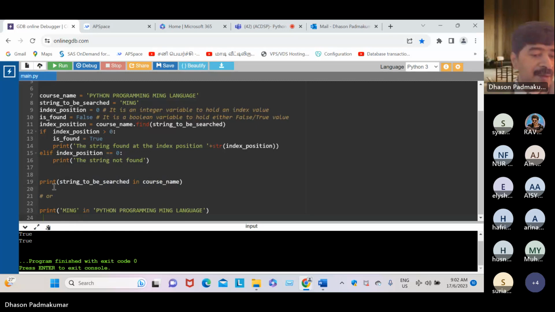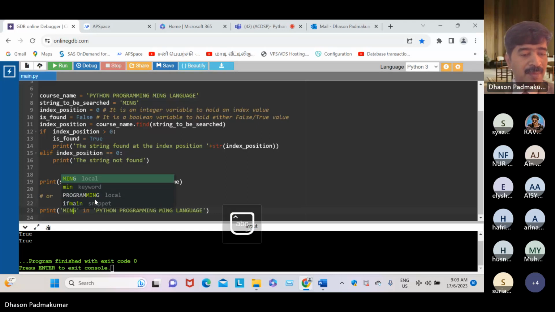Nice. Got it? In just one line, here we are getting true or false. Is it found or not? Ming is found. Now next, dear student, we're going to make a small correction. Instead of G in uppercase, I'm going to type g in lowercase.